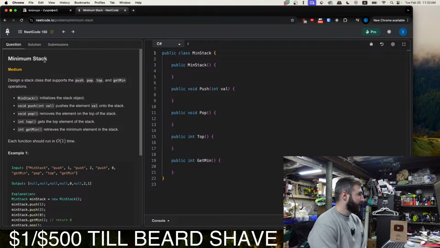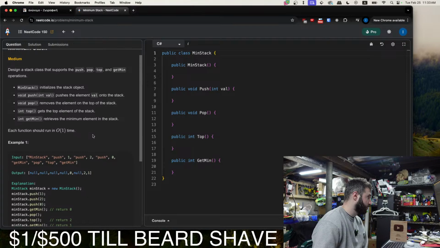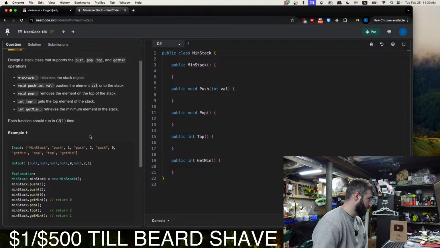MinStack initializes the stack object. Void push pushes the element val onto the stack. Void pop removes the element on the top of the stack. And top gets the top element of the stack. Int getMin retrieves the minimum element in the stack. Interesting. The minimum element. So we need to keep track of the minimum element.